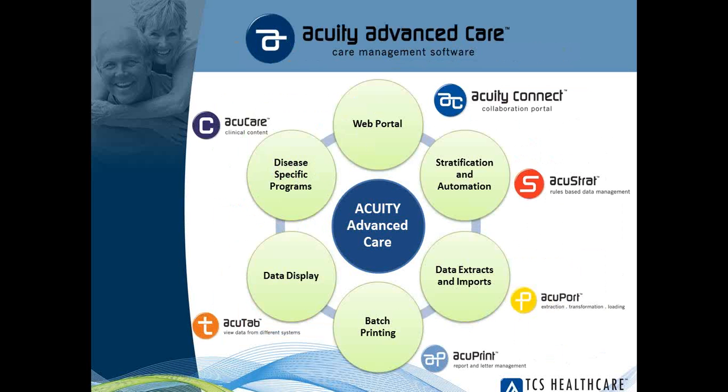At 2 o'clock on the clock face, you'll see the logo for AccuStrat. This is a utility that accompanies Acuity Advanced Care, providing stratification and automation abilities. With AccuStrat, you apply filters to a data set to identify a population and then automate actions in Acuity for the end users. For example, you can set filters to identify diabetic patients that are not enrolled in case management and have not had their HbA1c tested for the past year. Then AccuStrat will create automated tasks for the care manager to contact the patient and their PCP to arrange for the test to be completed, thereby closing the gaps in care.